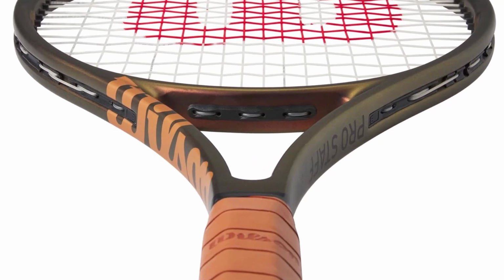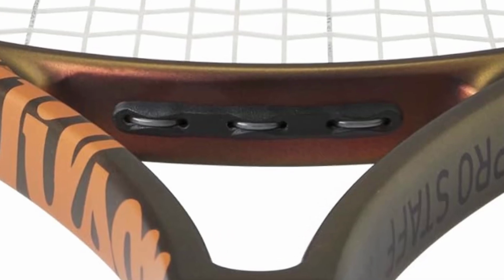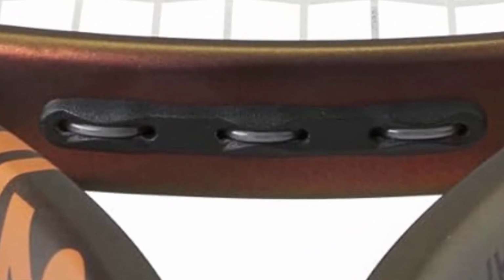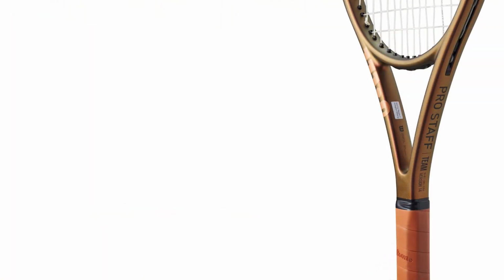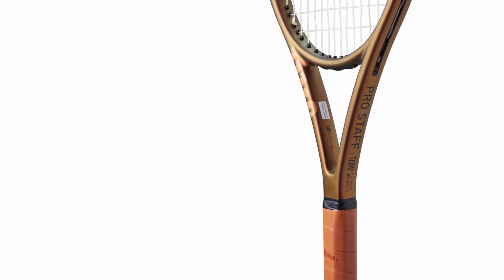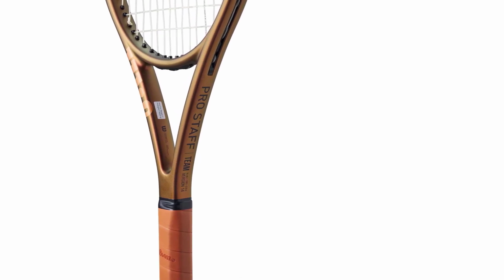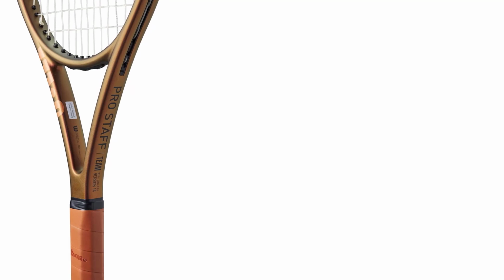with precision. Weighing around 315 grams, unstrung, the Pro Staff 97 V14 offers a solid feel and stability without being overly heavy. The headlight balance promotes quick maneuverability, allowing players to react quickly and stay in control during fast exchanges. This balance also aids in maintaining a high level of precision, particularly when executing volleys or delicate shots at the